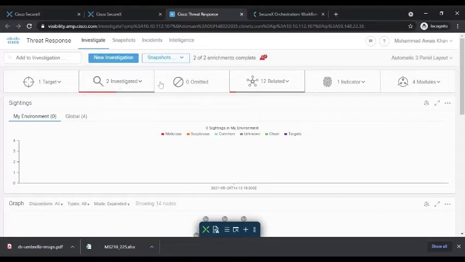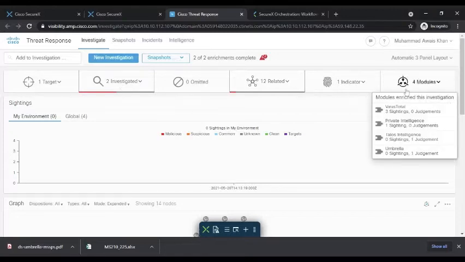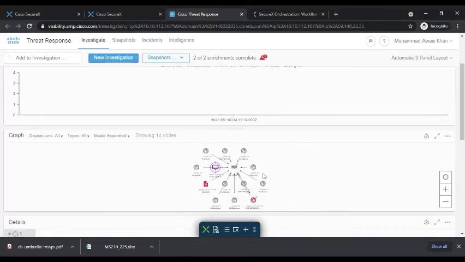Further, it is also communicating with different threat intelligence sources I have integrated. Remember, I was mentioning that we can also integrate with IBM in the previous example. So it will try to communicate with IBM or VirusTotal, which is also a third-party threat intelligence source, Cisco Talos, Umbrella, and it will see what the reputation of these observables is according to these different threat intelligence sources. And I can see as a result, this tool has created a graph,